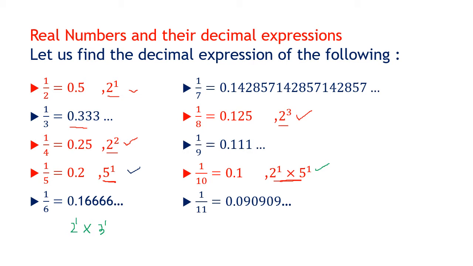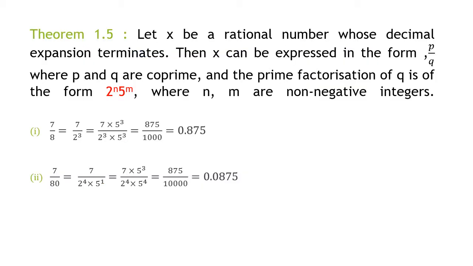So what again we have to be sure? That the denominator should be expressed only in the power of 2, or only the power of 5, or a combination of only 2 and 5. 6, I told you again, is a combination of 2 and 3. So 3 is not allowed; only the powers of 2 and 5 give us a terminating decimal. So since we are done here, we will move to the theorem.